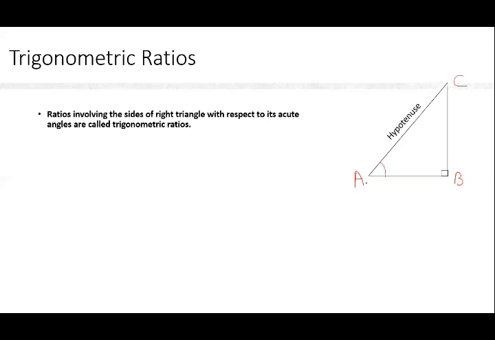We can see the side opposite to the right angle is the hypotenuse, that we already know. And here we are going to describe the ratios with respect to the acute angle A. The side opposite to this angle A is known as the opposite side. We can use the word perpendicular also for the opposite side. And the side which contains this angle is known as the adjacent side.